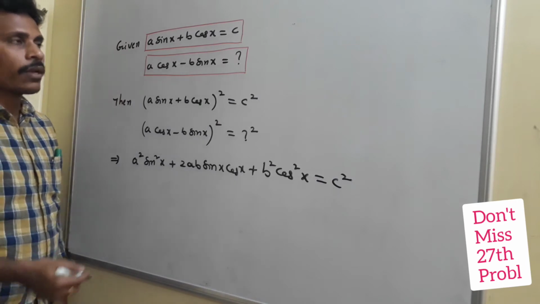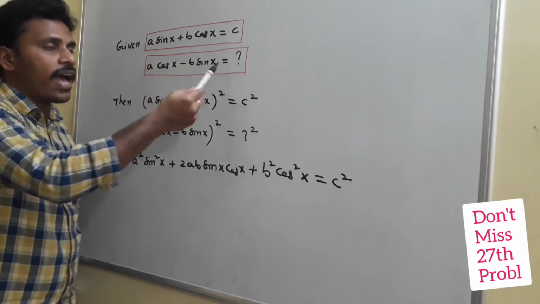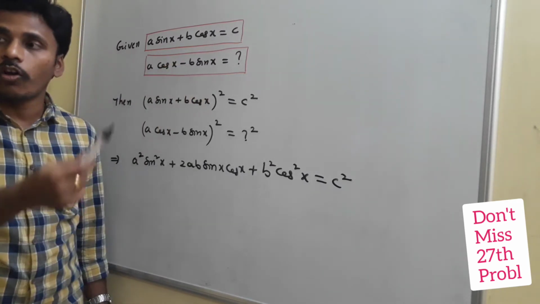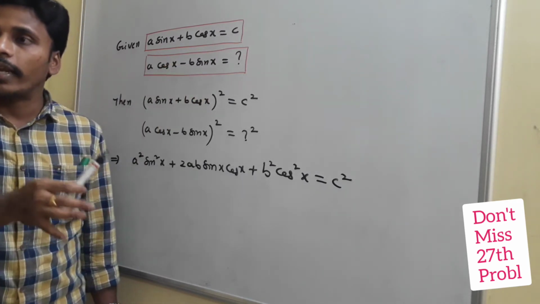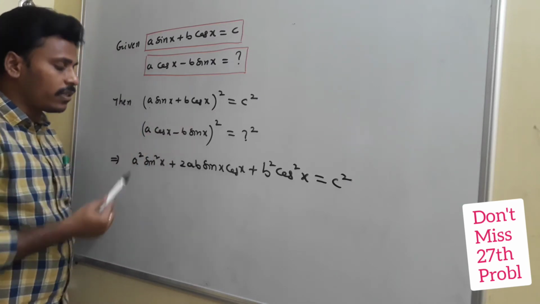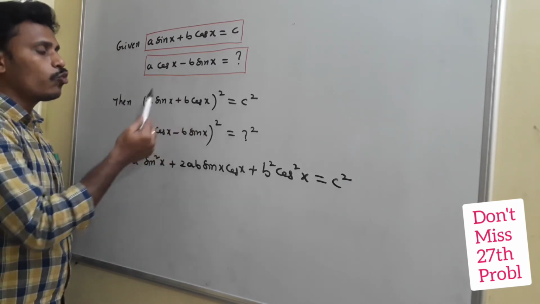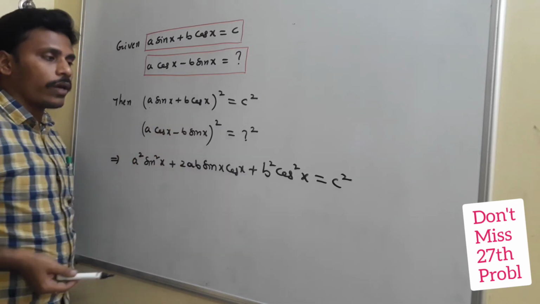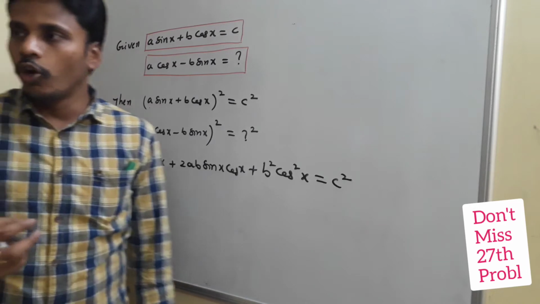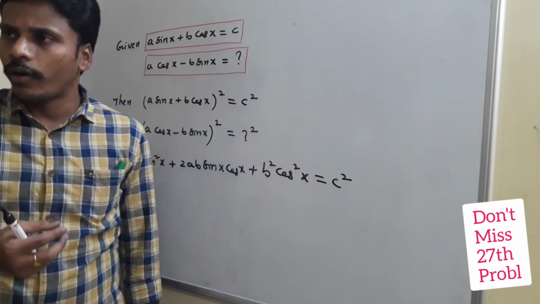Is it clear? See, these two things actually I have in my hands, and to establish a relation between c and the question mark along with ab by eliminating sin x and cos x, what I did, I am squaring on both sides, and with this side it is a square sin square x, 2ab sin x cos x, and b square cos square x. So I think everything is clear there with the basic identity. You know it now, the (a + b) whole square formula, right?